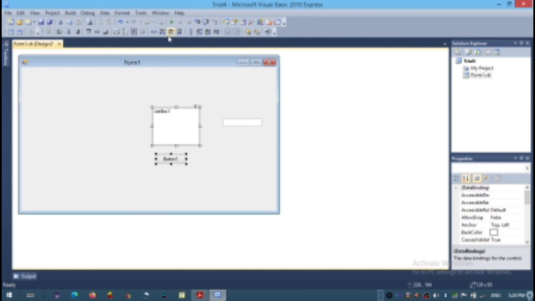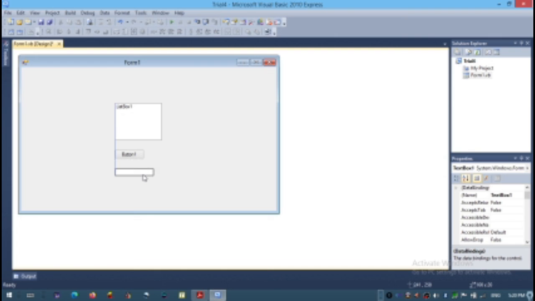We can have alignment, bring to front, send to back, etc. All these options are in this layout toolbar. Let us align all these items to the right side, sorry, to the left side. Align it to the left side. So these are the menu items, toolbars, start page and layout of the Microsoft Visual Basic IDE.